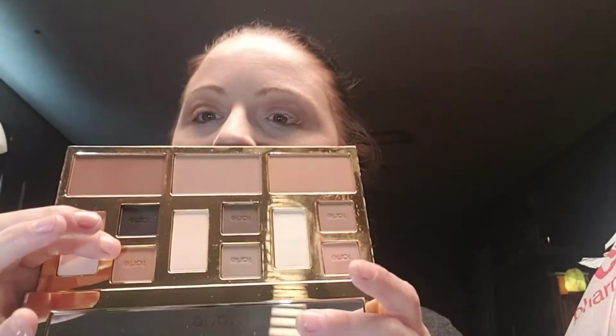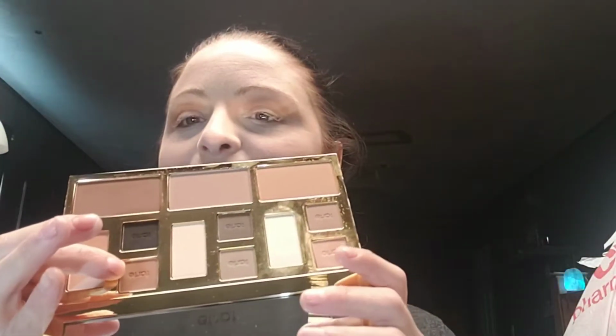Alright, the next one I think I'm going to take is Ember. It's that shade right here, and that's in the third pan on the top. And I'm going to put that in my crease, like right here, as a secondary crease shade. I'm going to use the same brush, but...